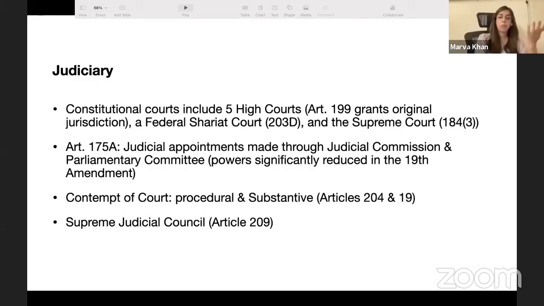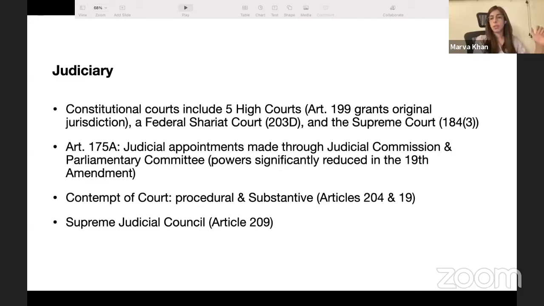Then 2 controlling mechanisms. Number 1 is contempt of court. The concept of procedural contempt of court, of course, exists throughout the entire hierarchy of our court system. Even when you're talking about lower courts, civil courts, criminal courts, special courts, there's some level of contempt that will always exist if, let's say, you're being disruptive or intentionally not following court orders.